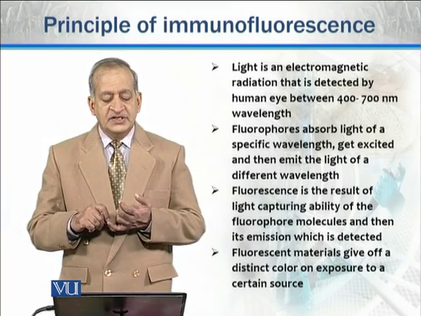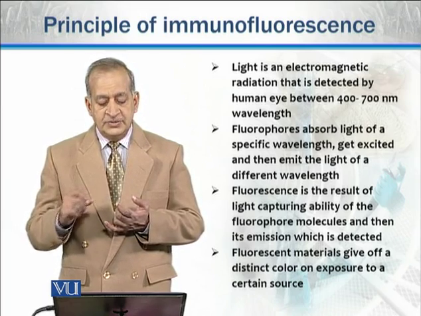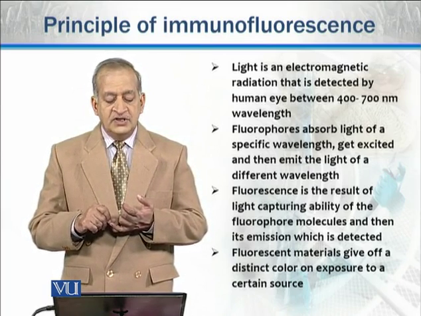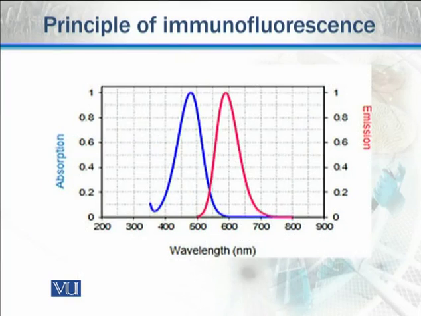Fluorescence is a result of the light capturing ability of fluorophore molecules and then its emission, which is detected. And fluorescent materials give off distinct colors when they are exposed to different sources of light. Here we can see that once the fluorophore absorbs light, which is shown in blue color, it gets excited, and these excited molecules, when they come back to their original state, release energy, which may be seen in the form of emission or emission spectra, or light which is emitted,